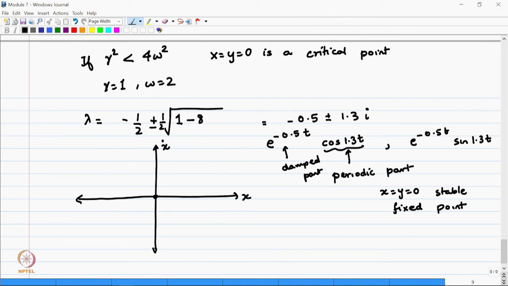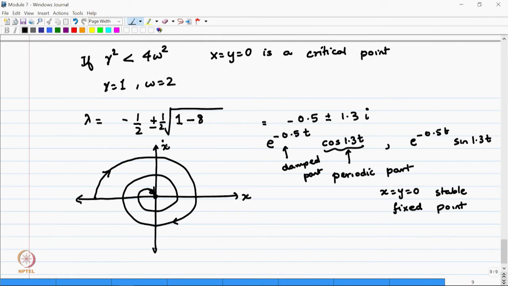Now, what is the nature of the solutions? At very small t, this is approximately equal to 1. If t equal to 0, then you have the simple harmonic oscillator with gamma equal to 0, and you saw that was periodic, those ellipses. Now, in this case you have an ellipse, but it is damped, so the amplitude of the ellipse is decreasing. What you have is something that goes like this, and eventually it ends